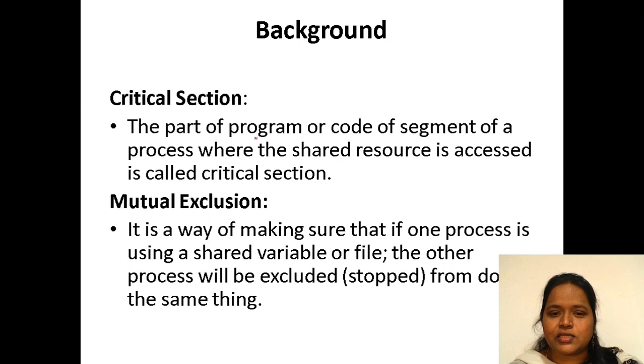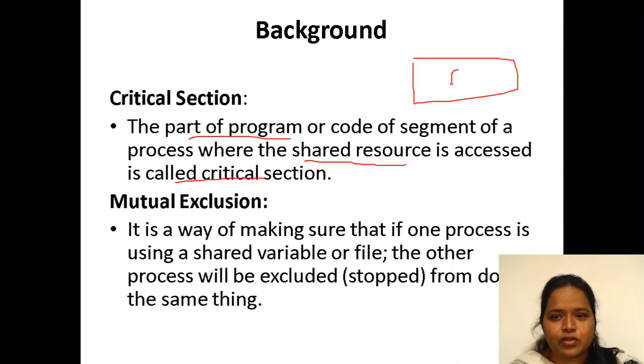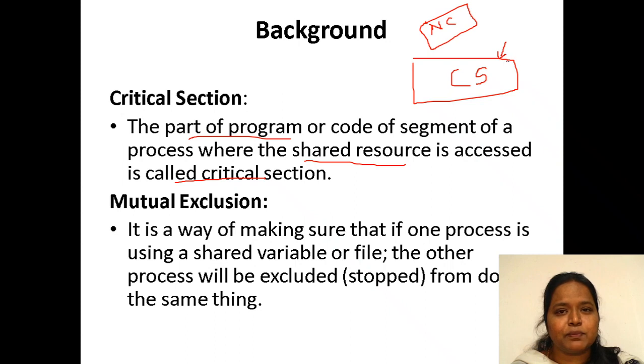So the critical section is a part of a program, a segment of code, where the shared resources are accessed. As we have all seen, here we have a critical section, and we also have the non-critical section too. In the critical section, what are we placing? We are placing the shareable code, which is going to be shared between two or more processes. That code we place in the critical section.